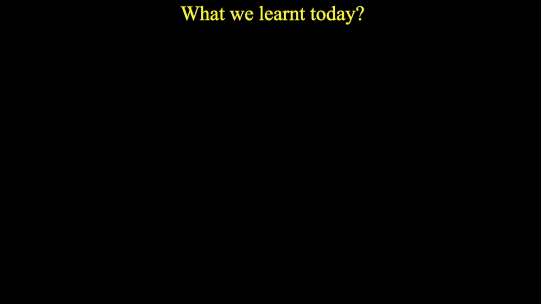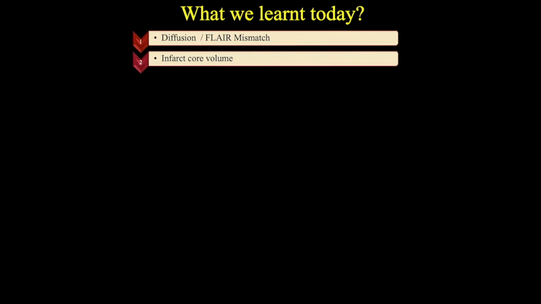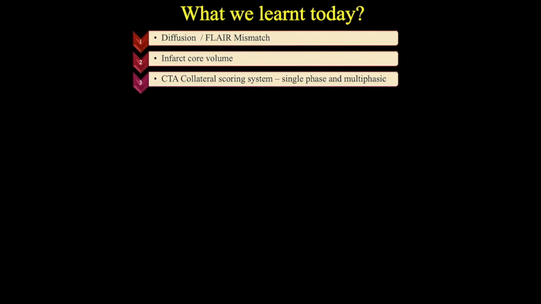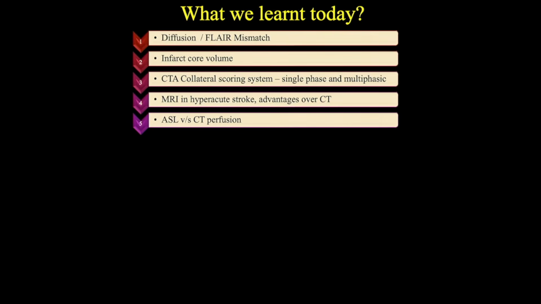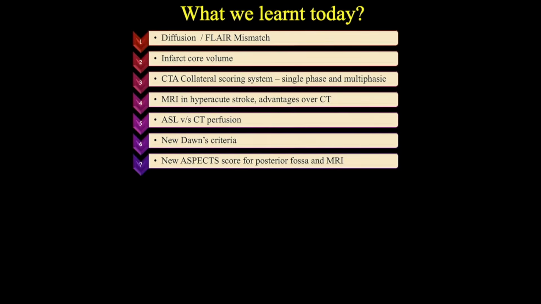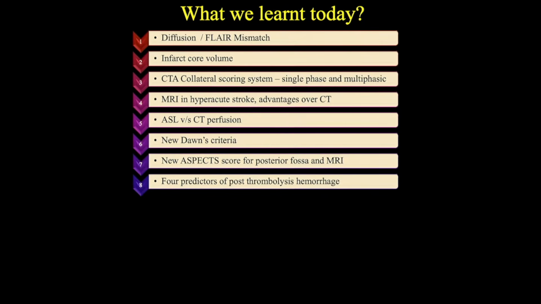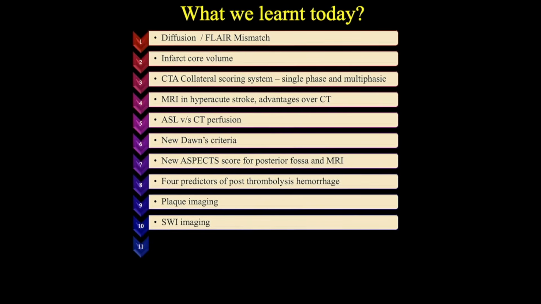So this is a summary of what we learned today: concept of diffusion and FLAIR mismatch, infarct core volume and its implications on the outcomes of stroke patients, CTA collateral scoring system, single phasic and multiphasic, MRI in hyperacute stroke and how it is superior to CT, ASL versus CT perfusion, and how ASL is more important than CT perfusion because it can be repeated several times, how DAWN criteria are changing repeatedly and frequently, the new ASPECTS score and its importance in posterior fossa stroke, predictors of post-thrombolysis hemorrhage on CT, on MRI and on DSA, plaque imaging and its importance in understanding the type of plaque, stable versus unstable,